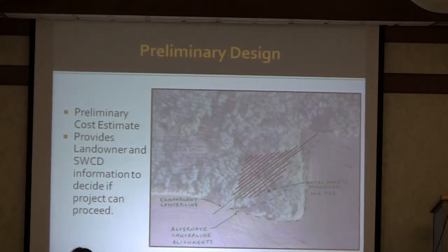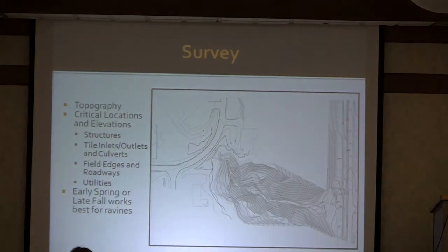This one actually was put in for a grant and that didn't get funded, so it's sitting on the shelf. Hopefully at some point the money will come available and the landowner will still be interested, and we can get something installed. If Jerad or whoever the district manager is works out the funding with the landowner and gets everything on board, we go and do a site survey, and this is